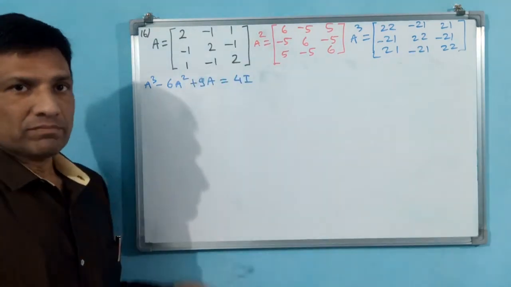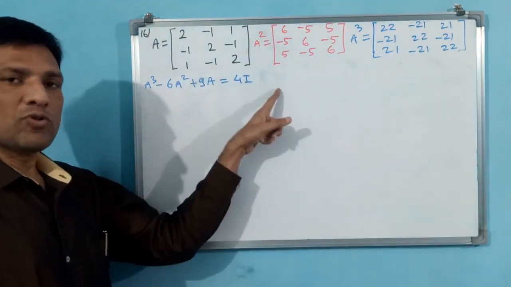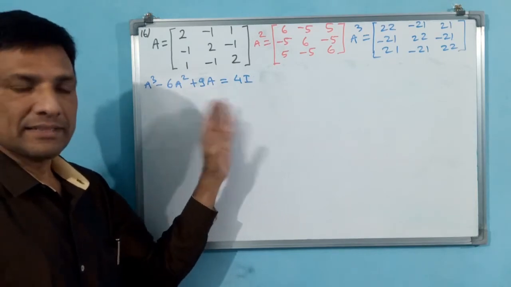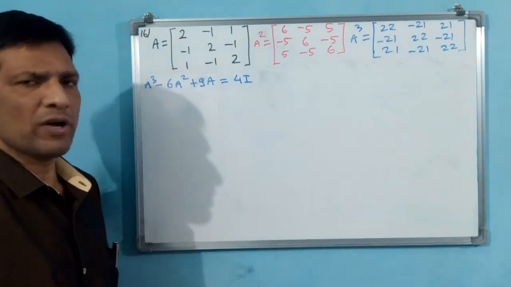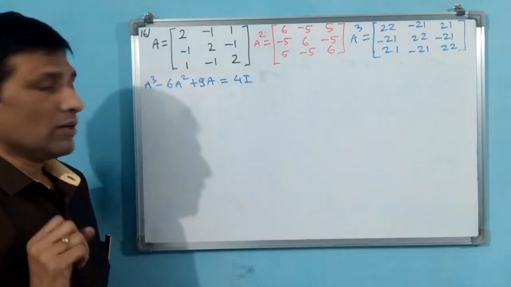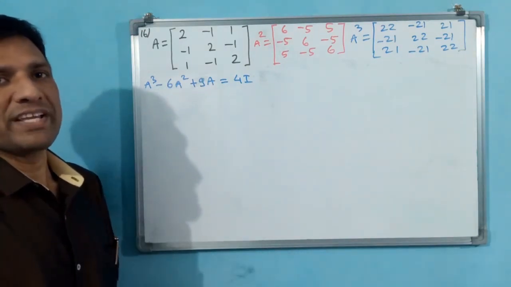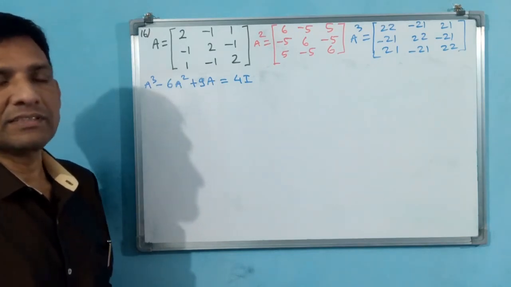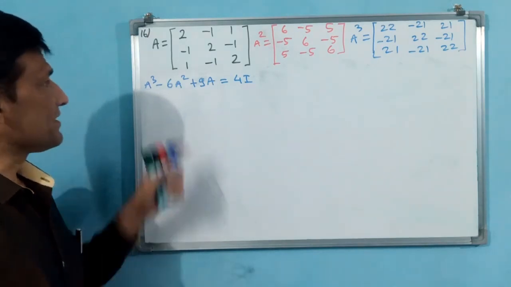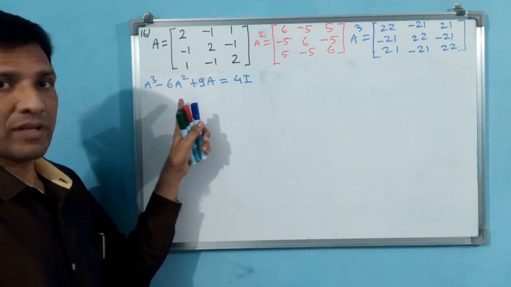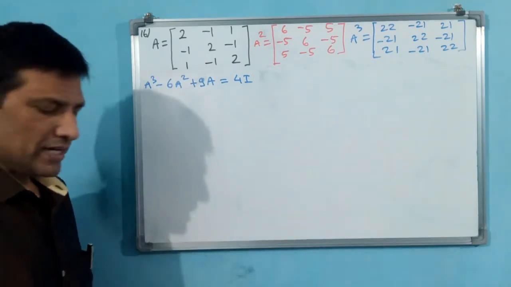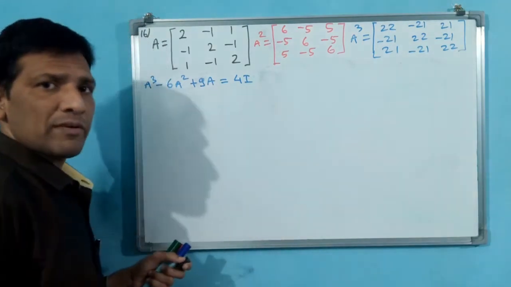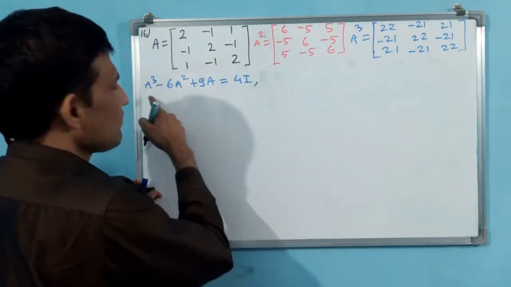This is the equation. Minus 4I is equal to O, you can also write, but I have written like this. Why? Because you can reduce one step. Now, okay, this is not wrong. With this equation only, how to find A inverse? You split this A square into A into A. Afterwards you multiply A inverse both sides. One by one I am doing.